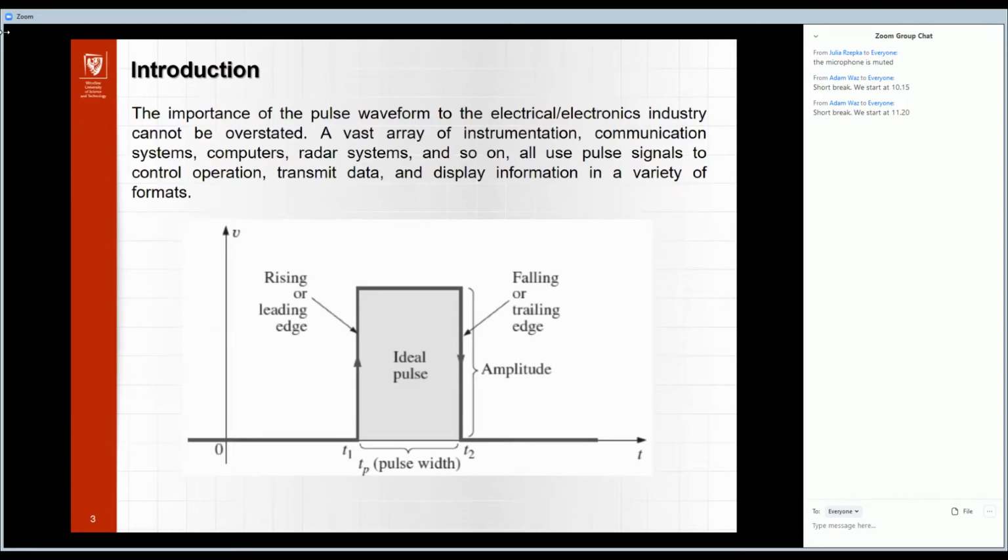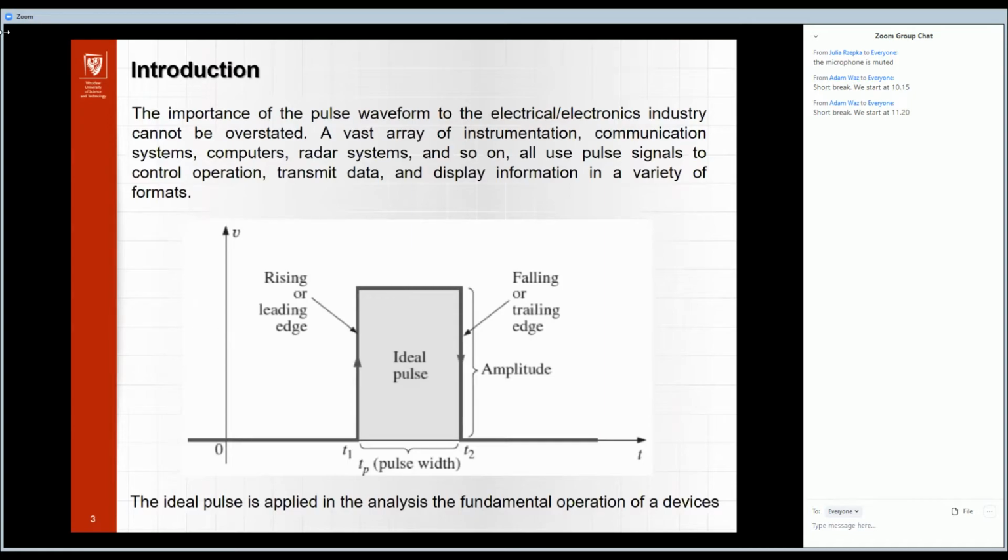And so we have here the ideal pulse in this figure, and the pulse width is TP, and the pulse starts from T1 and finishes at T2. Here we have the rising or leading edge, and here we have the falling or trailing edge at the end, and the height of this ideal pulse is the amplitude. Okay,